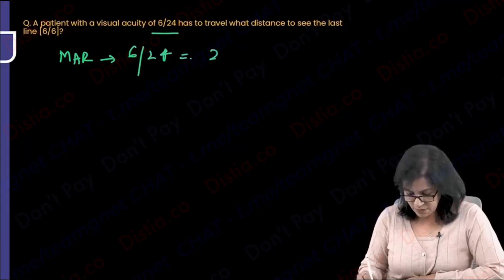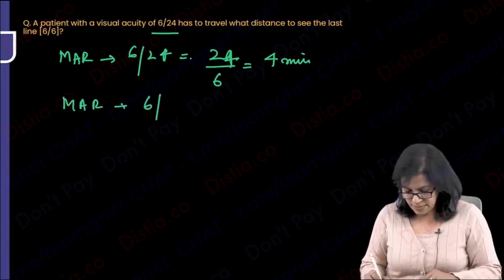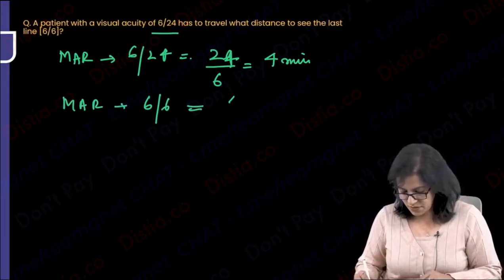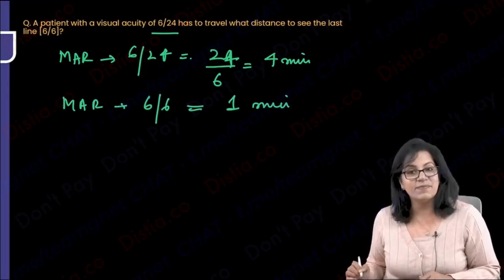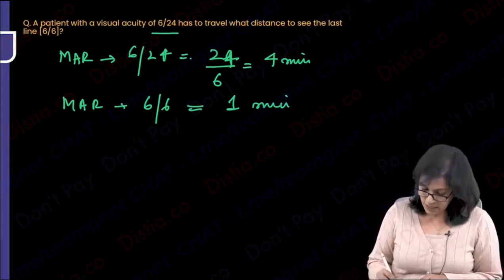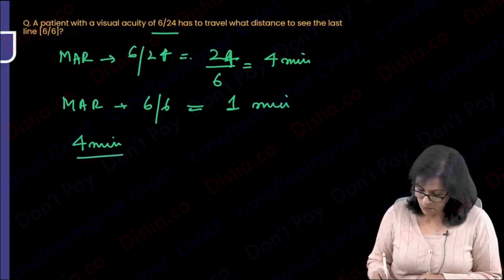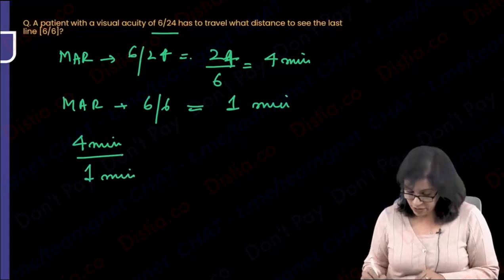It is equal to 24 by 6, which is equal to 4 minutes. And what is the minimum angle of resolution for the 6 by 6 line? It is of course 1 minute, right? So think yourself, let us solve it in this way: the patient's visual acuity or minimum angle of resolution, 4 minutes upon 1 minute, will be equal to,